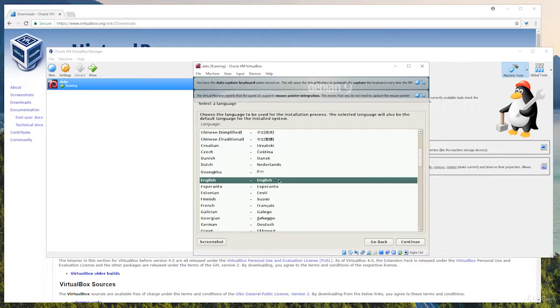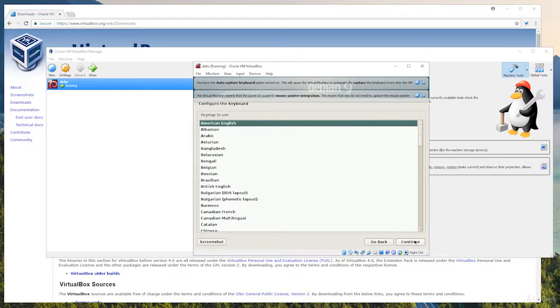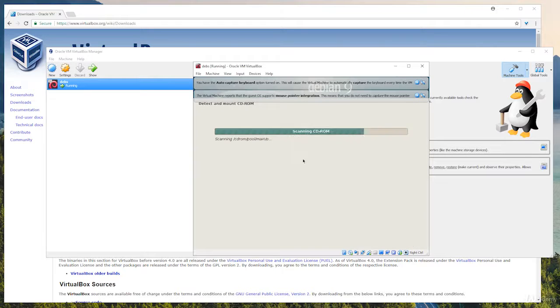We're going to pick our language. For an extra amount of fun, you can choose Esperanto, but we're going to install in English. This should detect the CD-ROM just fine and load the additional components. This should look a lot like what it looks like when you're installing on bare metal as well,